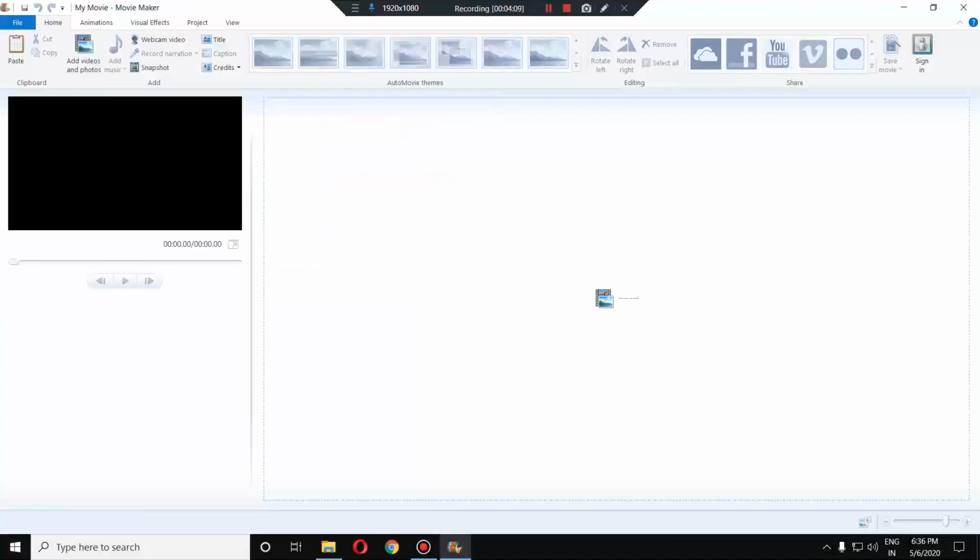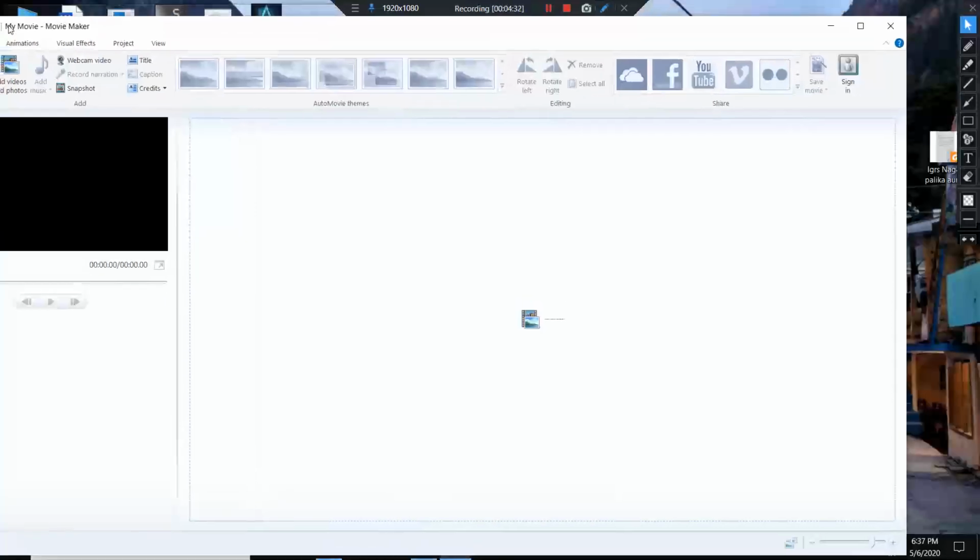Now this is our main page of Windows Movie Maker. Here let me introduce you to the basic icons and buttons, or we can call them components of Windows Movie Maker. First of all, we have a quick access toolbar here.